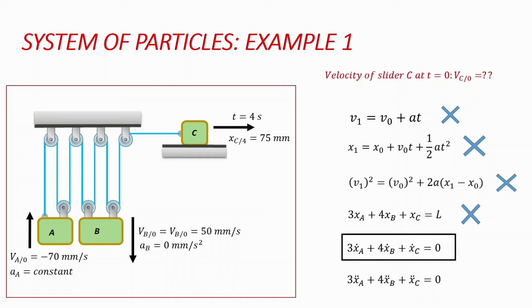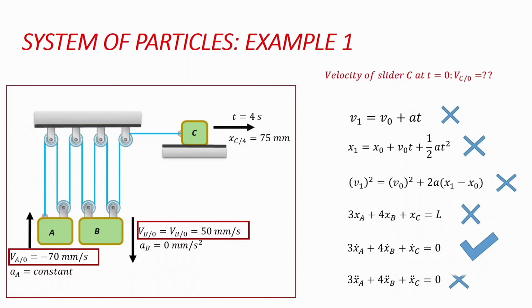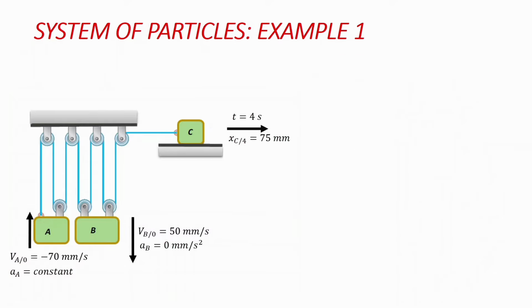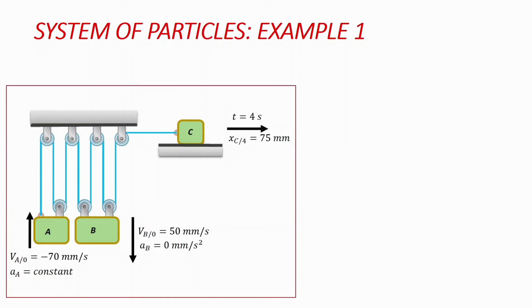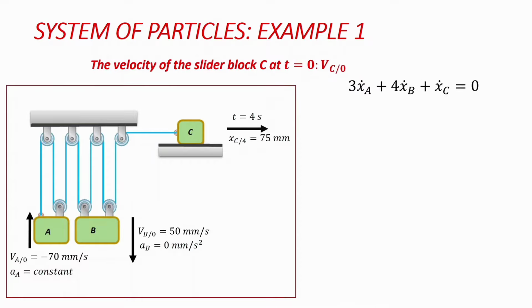Of course, we have the initial velocity of particle B, we have the initial velocity of particle A. So this equation can be valid to find the last term, which is the velocity of particle C. And finally, the last equation, we cannot use it because it relates acceleration components. So working through to get our solution for this problem, we're going to call our equation that we've identified that